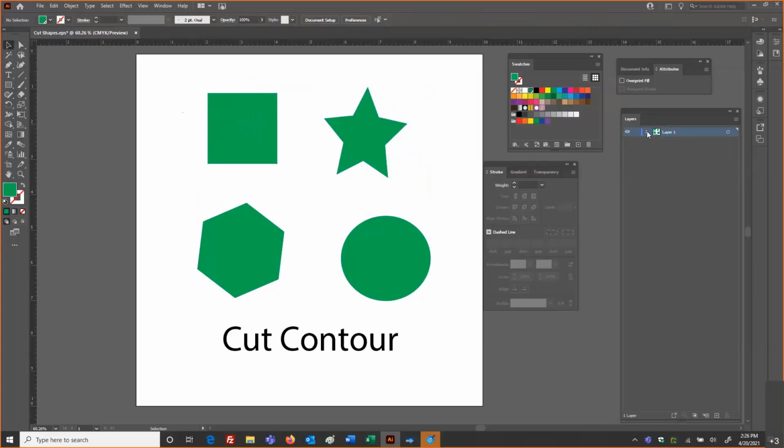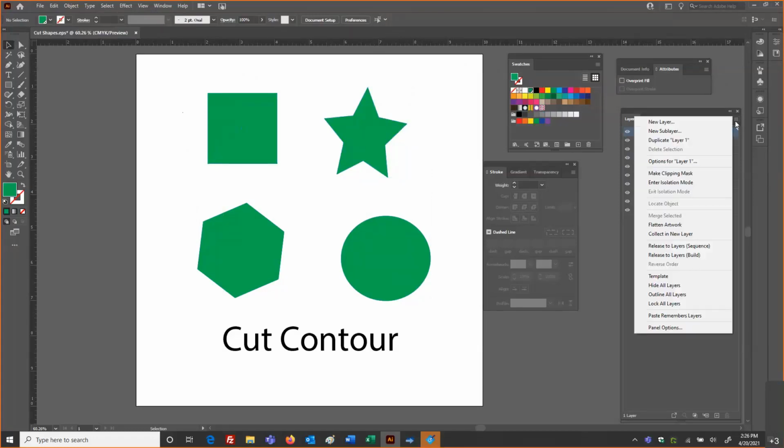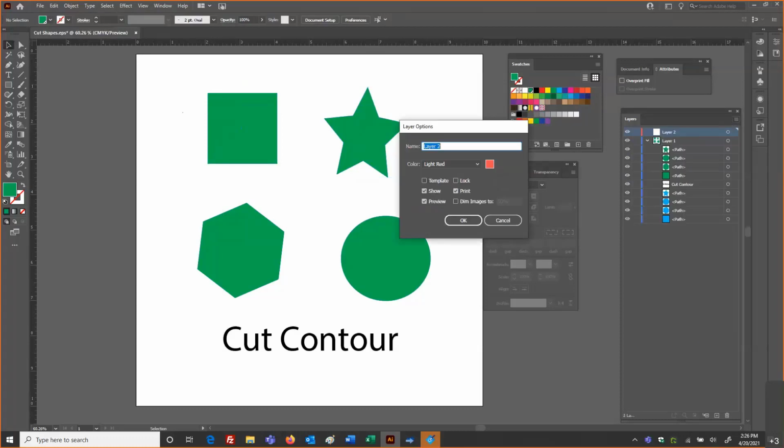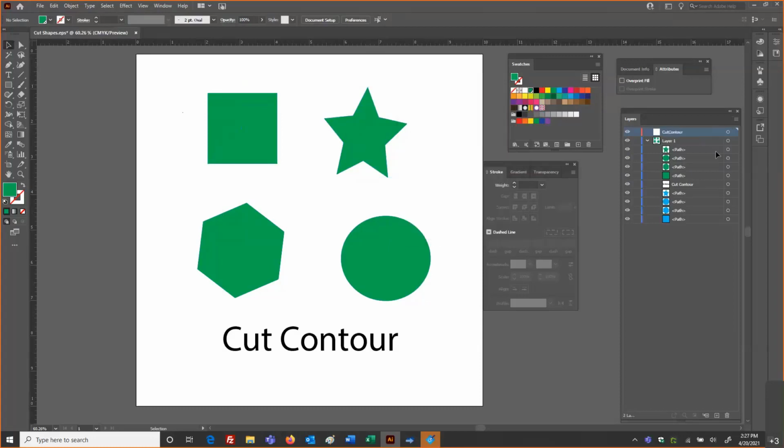I will also go to my layers panel, see these shapes, and I will make a new layer specific for that cut contour. Go. And then I will move those objects physically into its own layer.